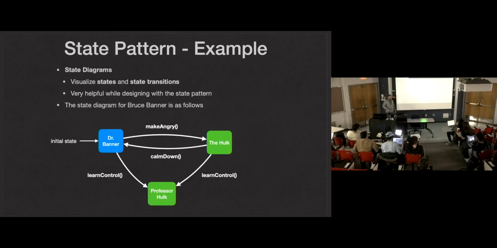And it's very helpful to have state diagrams when we're doing the state pattern. I like to see these in office hours. I like to ask for them or ask you to draw out your state pattern, to visualize what states you have and how you transition between those states. So our initial state, Dr. Banner, call make angry, transition to the Hulk, calm down, transition back to Dr. Banner, and learn control goes to Professor Hulk, and we can't get out of Professor Hulk. Drawing these out, starting with pen and paper or whiteboard, is a good place to start for the calculator assignment. And draw this out. And then once you have your state diagram, go into the code and creating